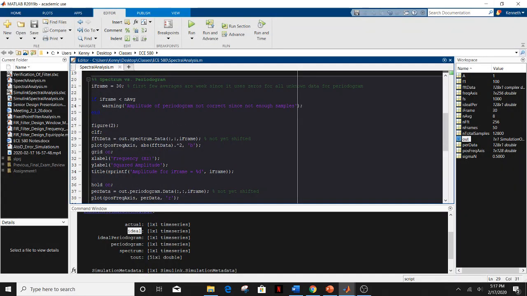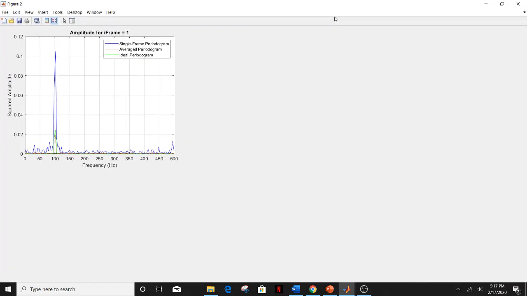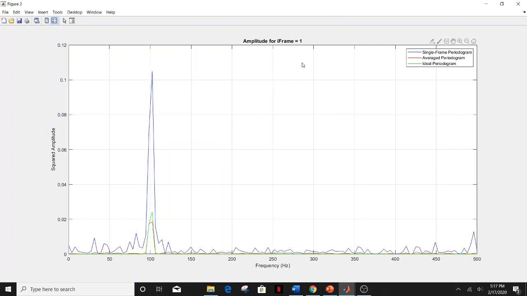Now, really quick, I'm going to address what I talked about before. If I just look at the first frame of this data, you can see here that the actual signal has some amplitude, but the periodograms have extremely low amplitudes. The reason for that is we've only seen one frame of data, and it's just assuming zeros for the other 7 previous frames of data, since it hasn't actually seen enough